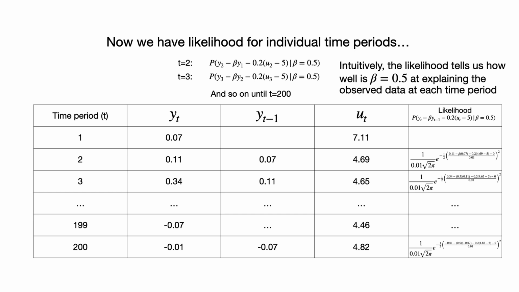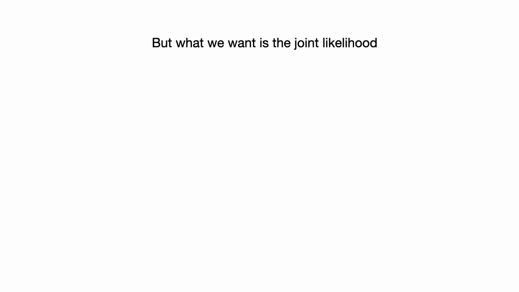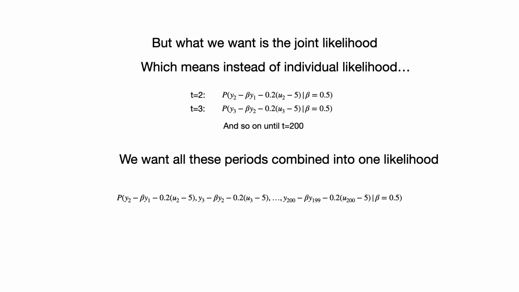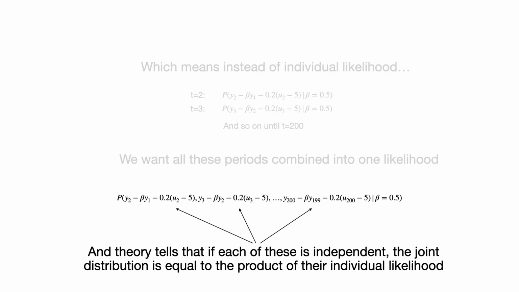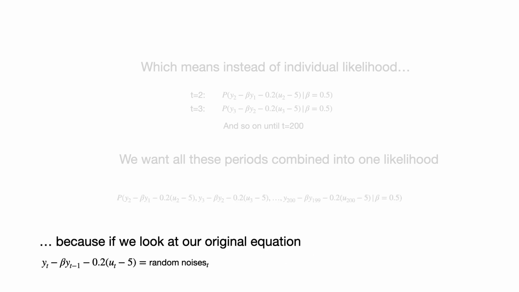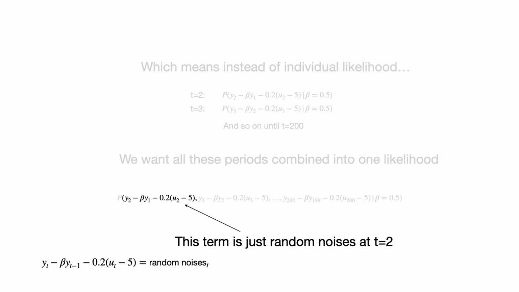The likelihood tells us how well beta at 0.5 explains the observed data at each time period. But what we want is the joint likelihood. What it means is that instead of individual likelihoods, we want all these periods combined into one likelihood. And theory tells us that if each of these is independent, the joint distribution is equal to the product of their individual likelihood. Indeed, they are independent because if we look at our original equation, then we know that the